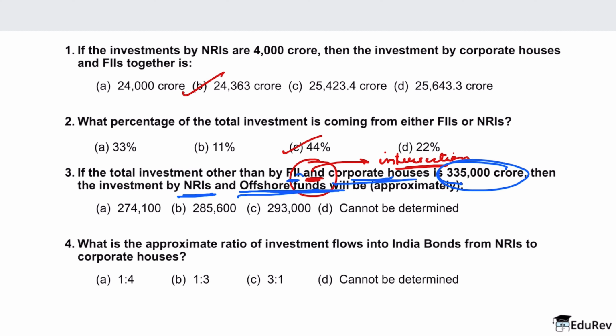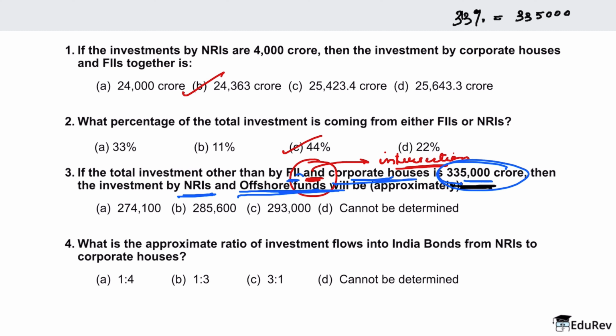So now the investment which is other than NRI and corporate houses is 33%. Correct? It is 33% because it's given. Just apply your brain. What is it given? It's given that the investment other than FII and corporate houses is 335,000 crore. That means the investment which is other than NRI and corporate houses is 33%, which is nothing but this itself. Correct? So I can say that your 33% is going to be equal to